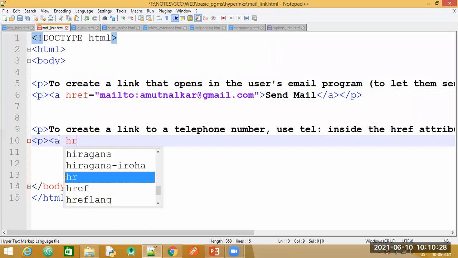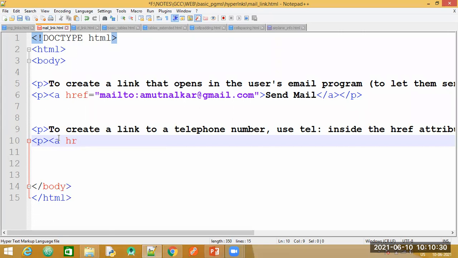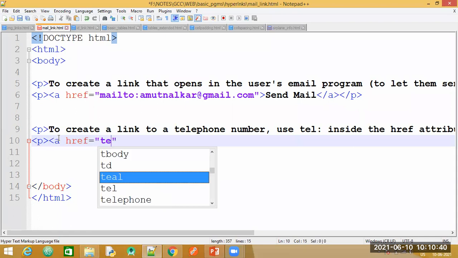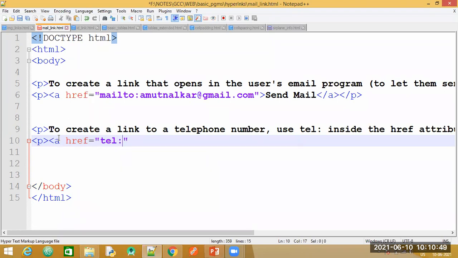We'll make use of the anchor tag. So here I need to specify the keyword tel, which means the telephone. So tel, give colon, followed by the number. So let's randomly type a number here,